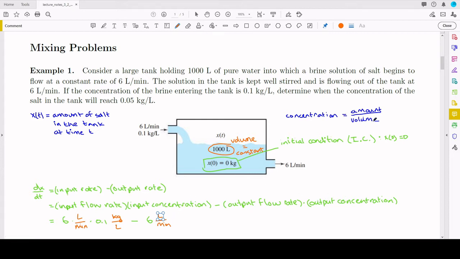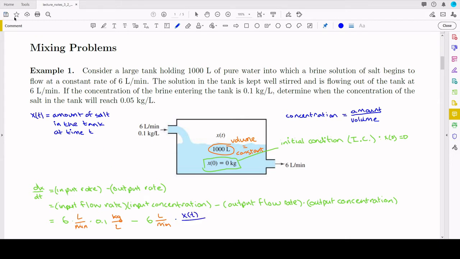So we know that the denominator here is going to be 1,000. Now we need to look at what the numerator is of this expression, and that's the amount of salt in the tank, right? And we called that x of t. So what we have here is we multiply this by x of t